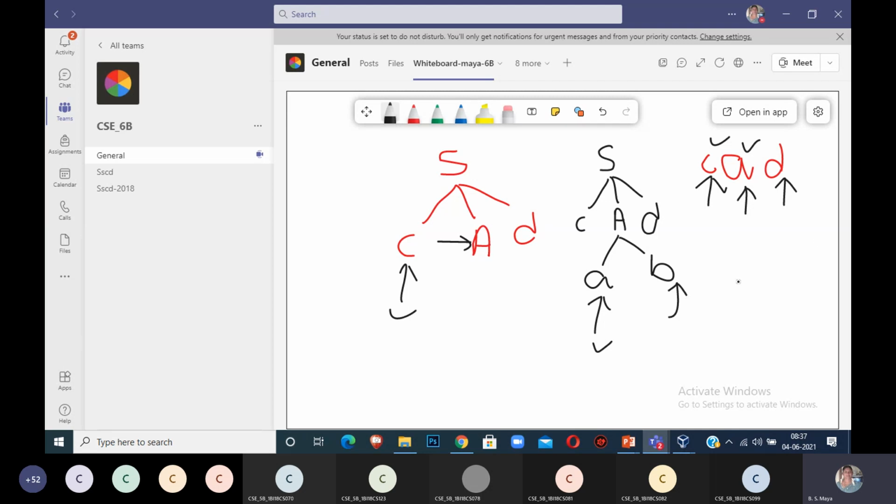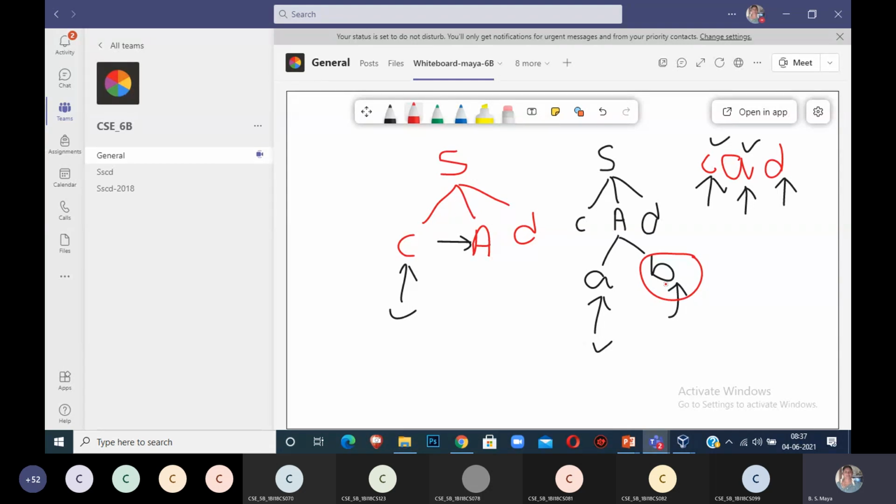Now we are checking for d, but here it is pointing to b. Then d and b, are both the same? My input is d, but what I am matching is b, so they are different.